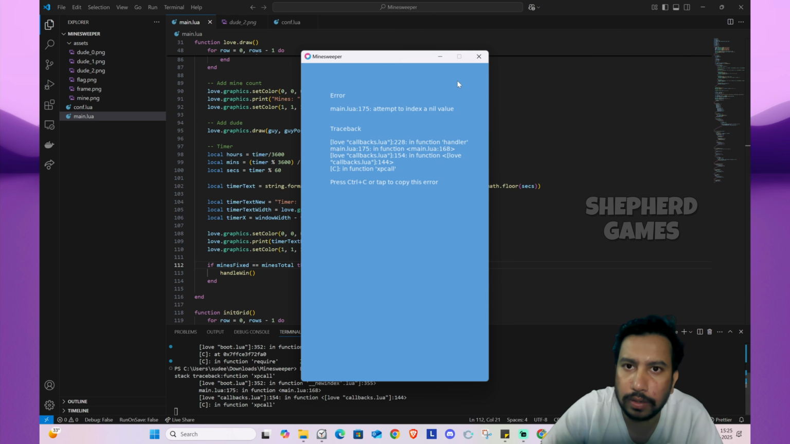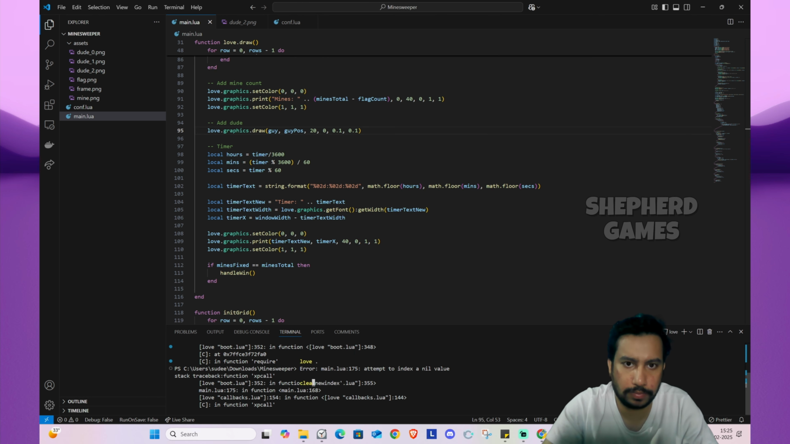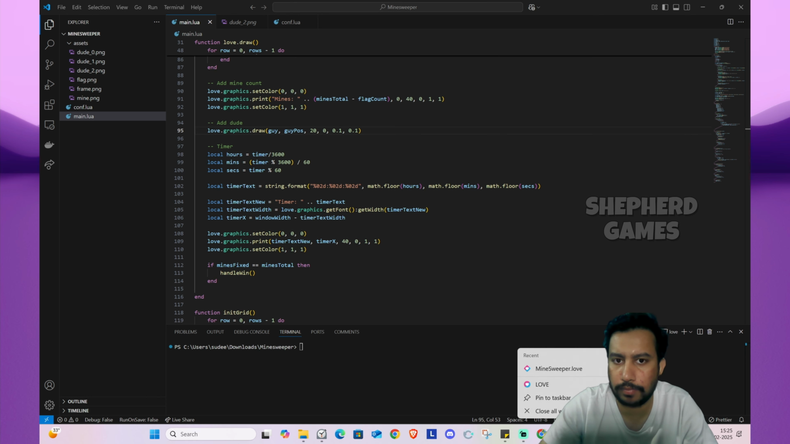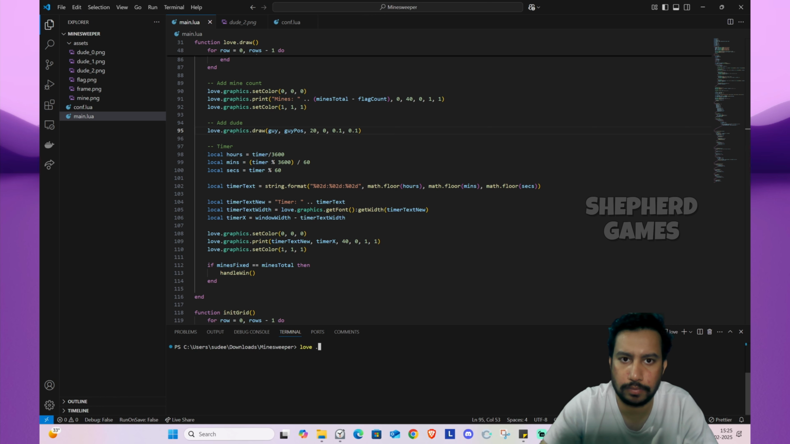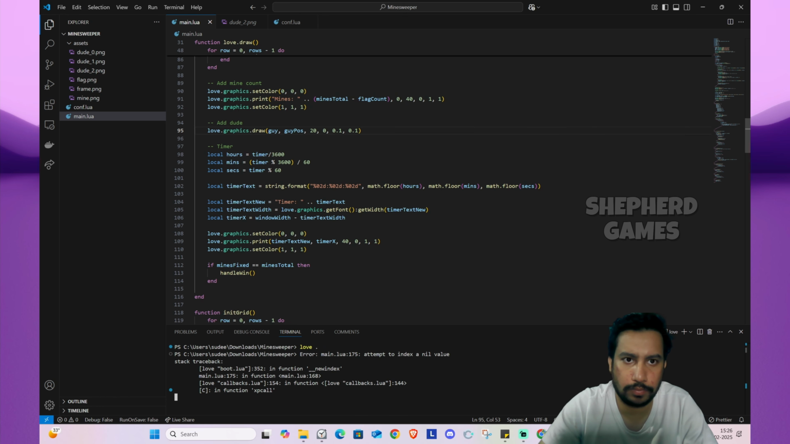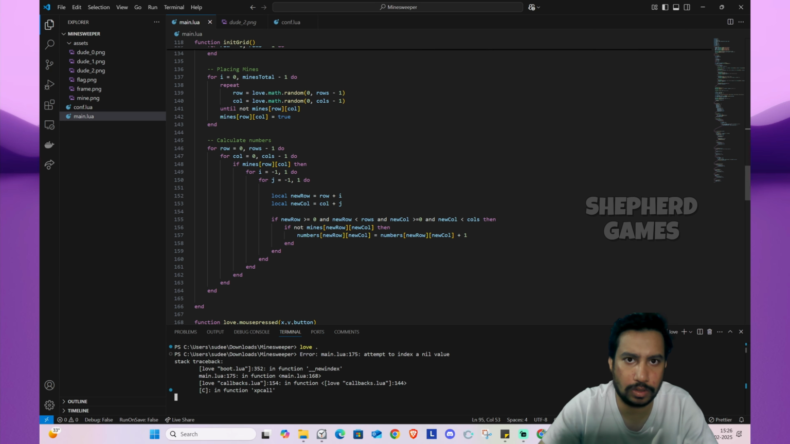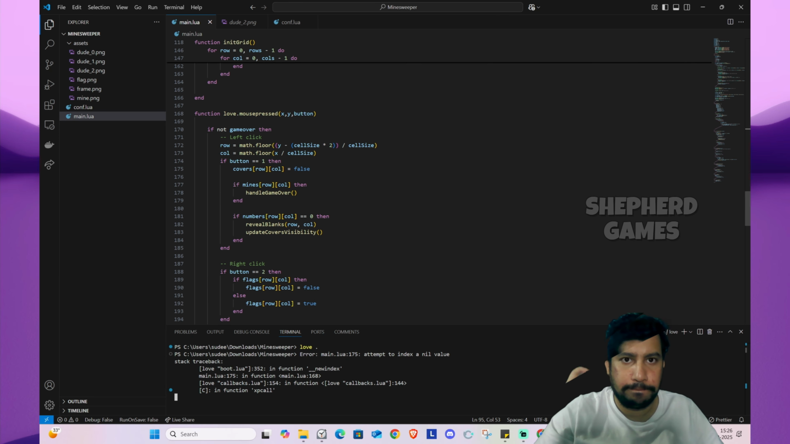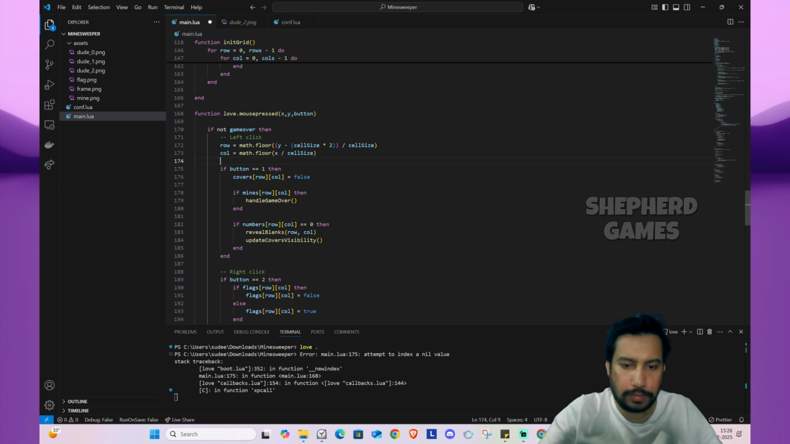Oh, okay, every time I'm saying the same thing, but something is going wrong. So the mouse click is going wrong. So let's add a condition here. If the row is less than 0 and row